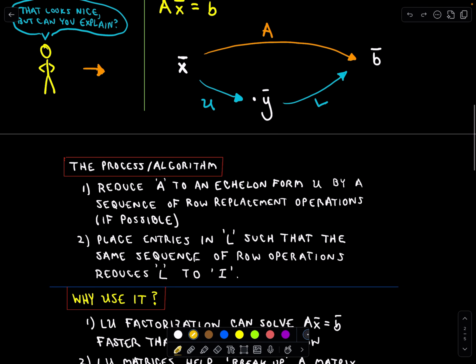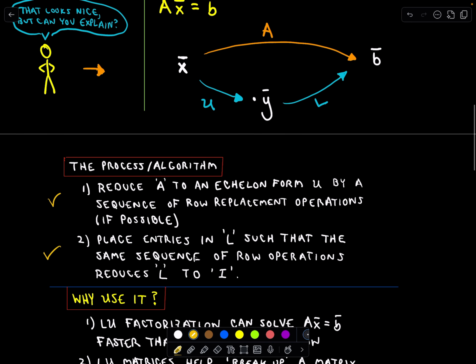So what is the process? Maybe it sounds a little confusing, and I think an example will help, and we'll do one. So what is the process? Step one says we reduce A to an echelon form U by a sequence of row replacement operations, if that's possible. Step two says place entries in our matrix L such that the same sequence of row operations